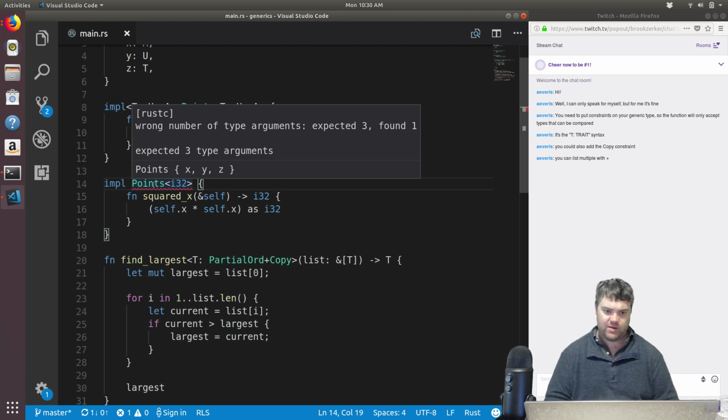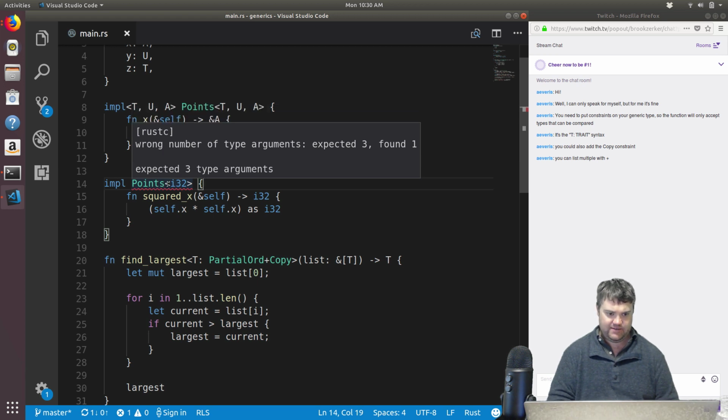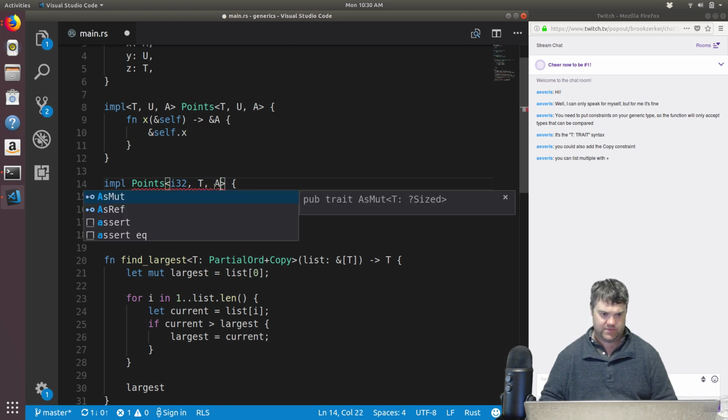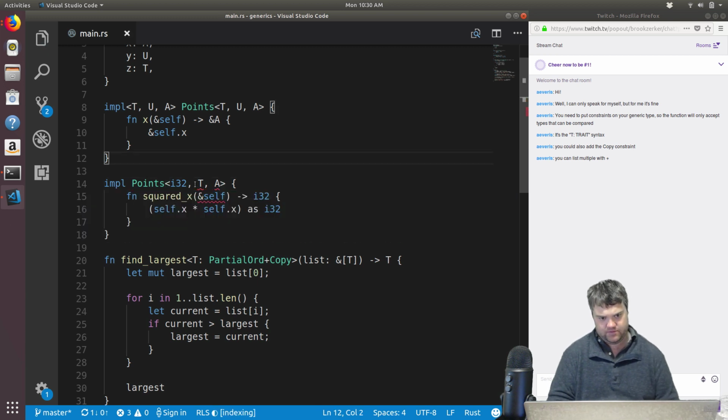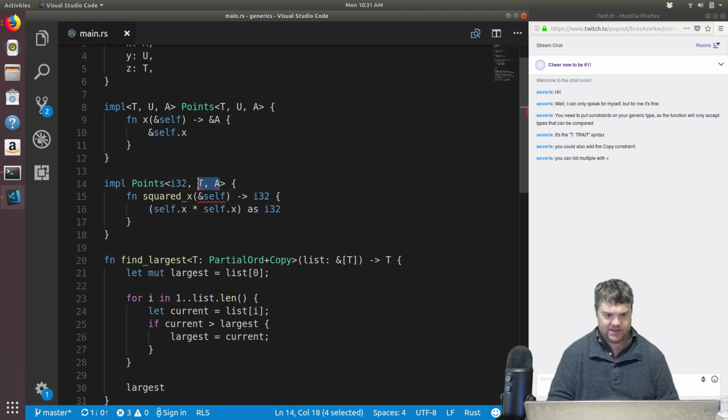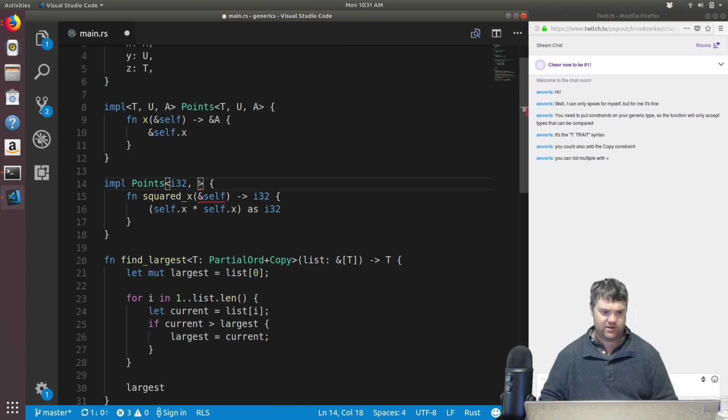Wrong number of type arguments, expected 3, found 1, Point x, y, and z. Can I do that? No, so I can't do other type scopes in there. So if I do like I32,